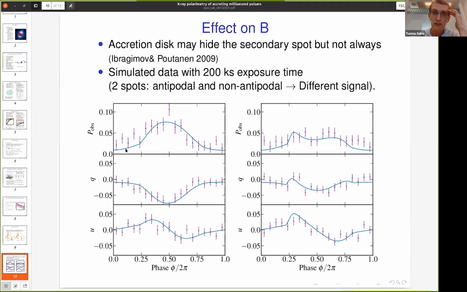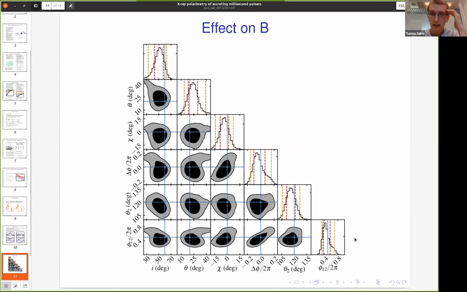in this work we produced data using both setups and saw that there are very different curves in the polarization degree, Stokes Q and Stokes U as a function of pulsar phase, and the curve and the data look very different if assuming a different geometry, if assuming different magnetic field configuration. And we can even fit the data and get constraints for all the parameters, which were in this case the location of both of the spots, so also the secondary spot co-latitude and